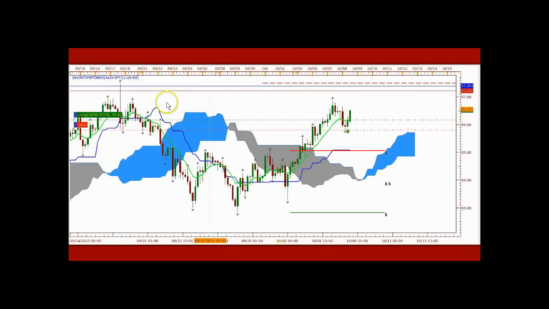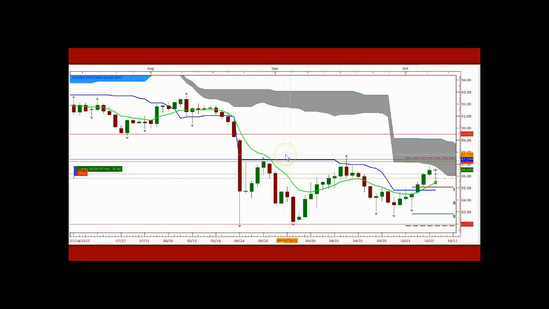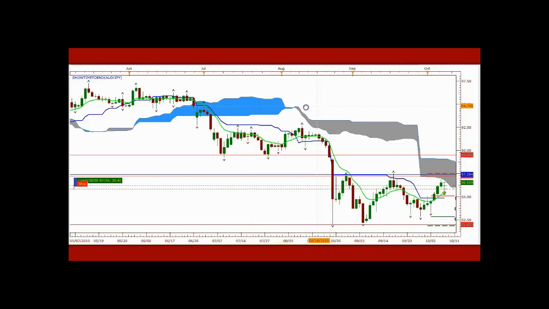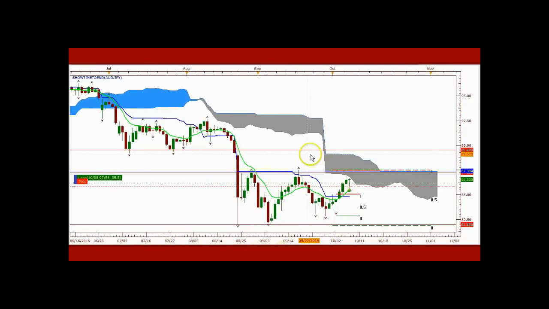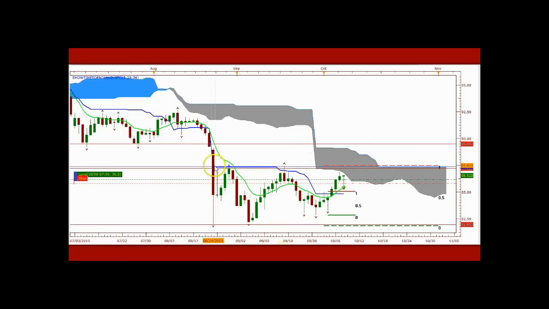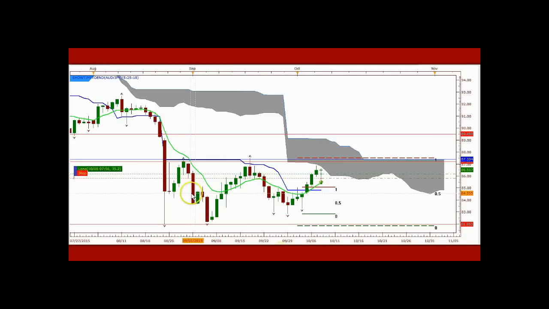Now I do have some support and resistance levels based off of the daily time frame. I started setting up everything based off of the daily time frame. So looking at the daily time frame, the market is below the Kumo here. So we know it's pretty bearish, but you can't just say I'm below the cloud, so I'm bearish. We are bearish, but the immediate trend was bullish right here, okay? But we can also see that the market is sideways here. If we don't catch that sideways movement, then we don't really understand what's happening with the market.